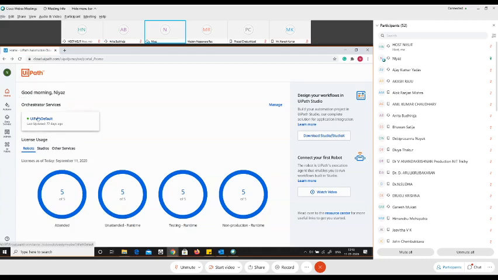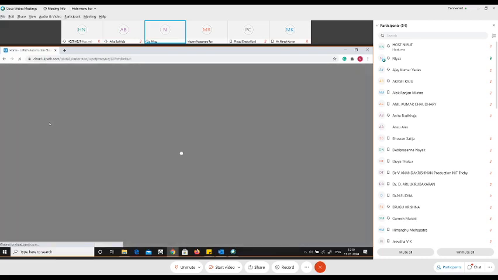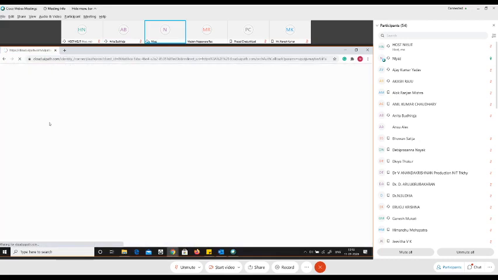So if you see on this screen, I have a tenant. The tenant's name, or the service name, is called UiPath default. Now it might differ depending on how you have registered on the website. While registering it asks which college, company or institution you belong to, so depending upon the name you provide, the service name would be created accordingly. So click on the service name, and then this is how you can start your Orchestrator.